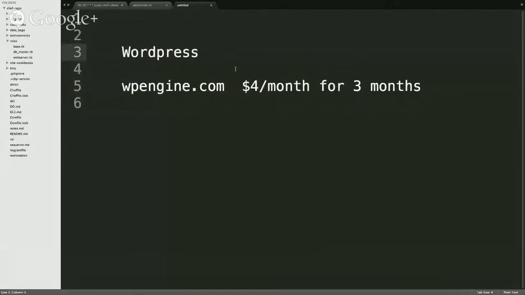So this WP Engine is specifically doing only one thing, and that is WordPress hosting. If you ask them about doing something else, they'll say no. Their entire business focus is on doing one thing and doing it right, and that is WordPress. That's for them. The question I have for you is, what is your focus? I want to get that razor focus. What is that one thing that you want to do? Nobody has answered me that yet. You don't have to answer right now, but you do have to answer.